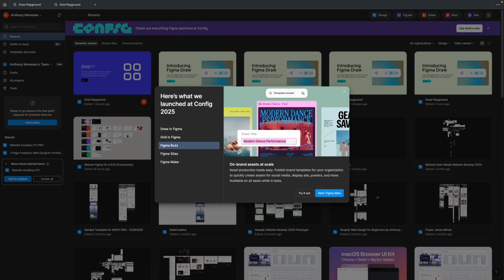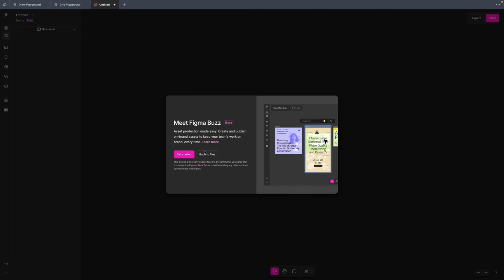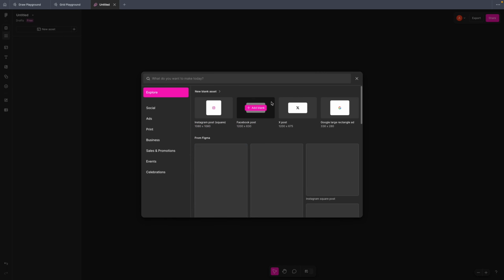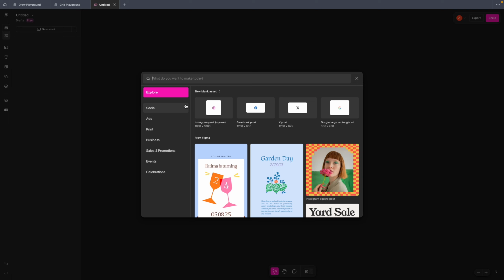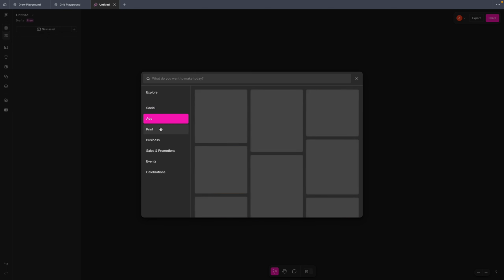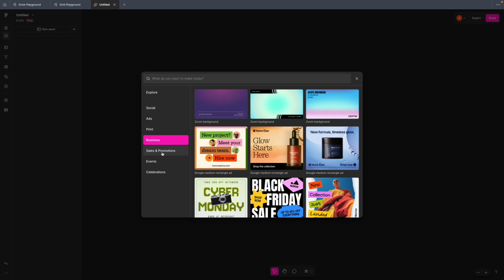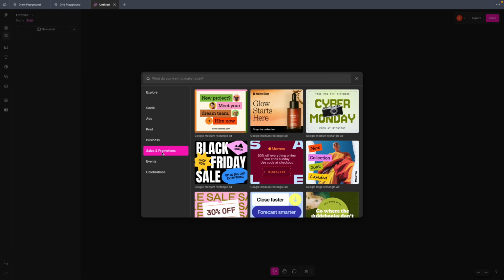Next is yung ating Figma Buzz. Oh, so on-brand assets at scale. This feature I believe is for teams and brand creators, itong Figma Buzz. Just think of this like yung Canvas style asset generation. Let's try to get this started. You can now publish brand templates so your team or clients can easily create yung mga brand ng mga social posts, posters or ads without breaking the system. Meron na siyang social here, ads, print. Oh, this is wow. This is wow actually. Business. Hindi ko pa siya totally na i-explore, okay? I just did the research and definitely will explore this. Going back,